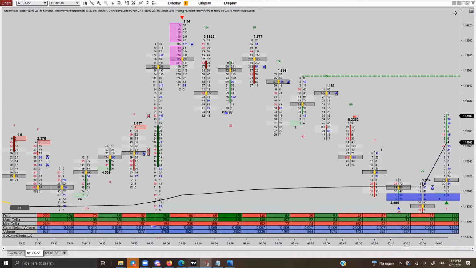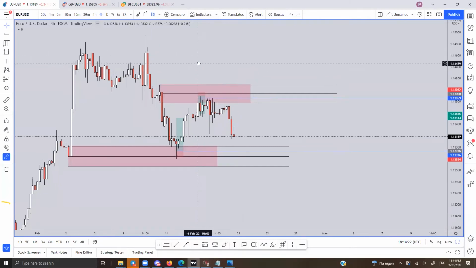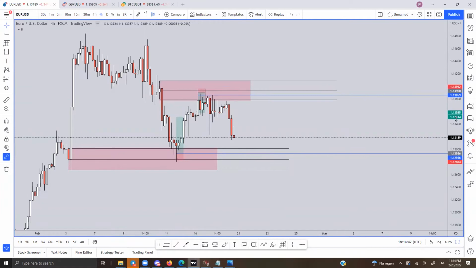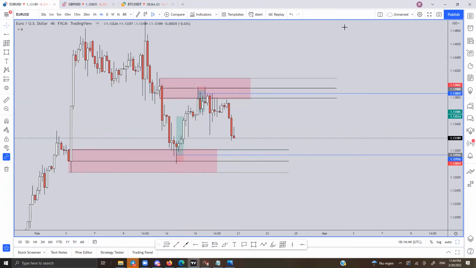Let's go to the original chart. Say we are looking at the Euro USD 4-hour chart. So from a price action perspective, I always wait. Say if this is your order block, this one you are looking at, sell OB. If this is your order block, I always wait for the price to mitigate at least 50% of the order block, because there you get the